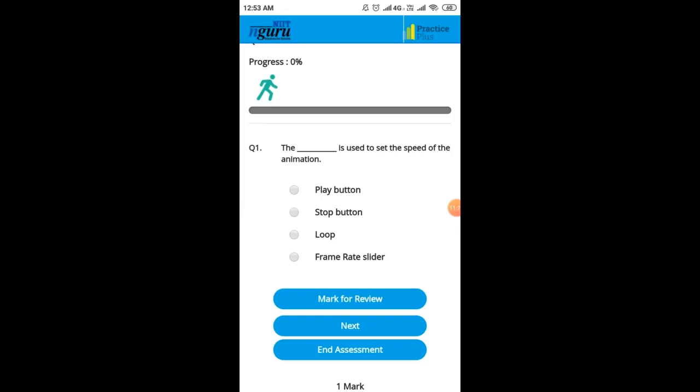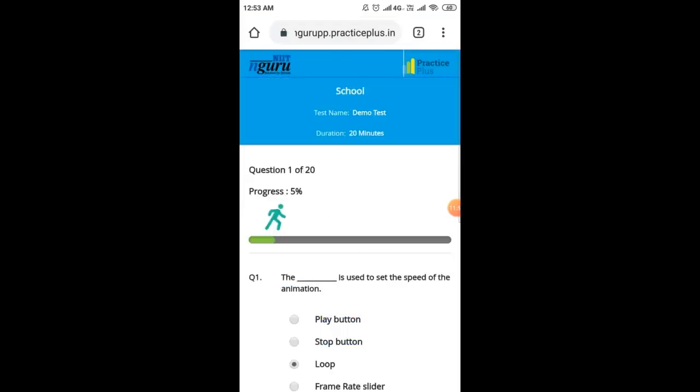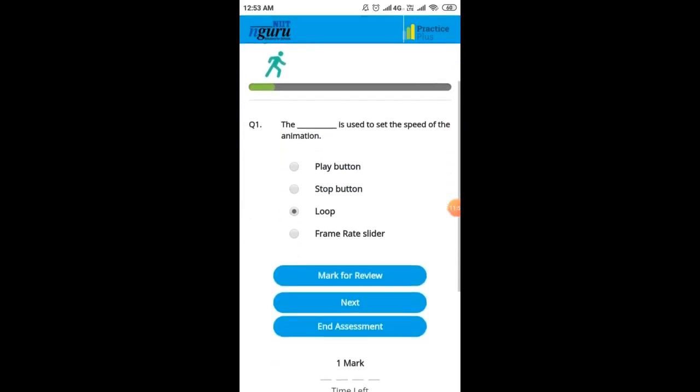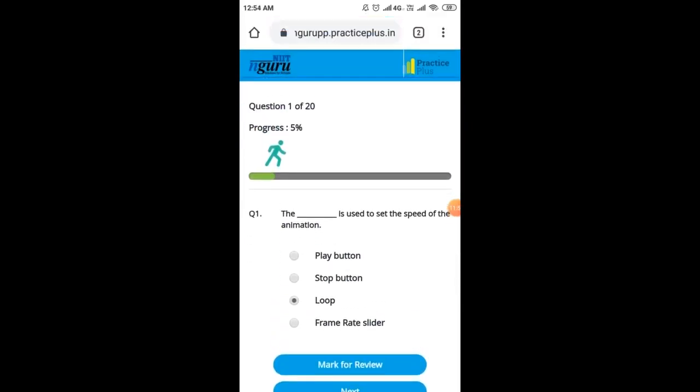As of now, it's a demo test, so I'm not going to check each and every part of it. Just to show you the right steps to go to the next question. So click on the right option that you know. If you are not sure, below that you will find the first button which says mark for review. That means once your paper is over, you will have a chance to review the questions. Once you attempt the answer, your progress bar will show above.